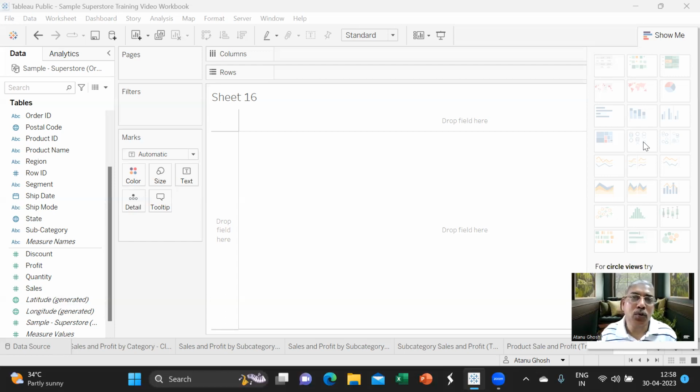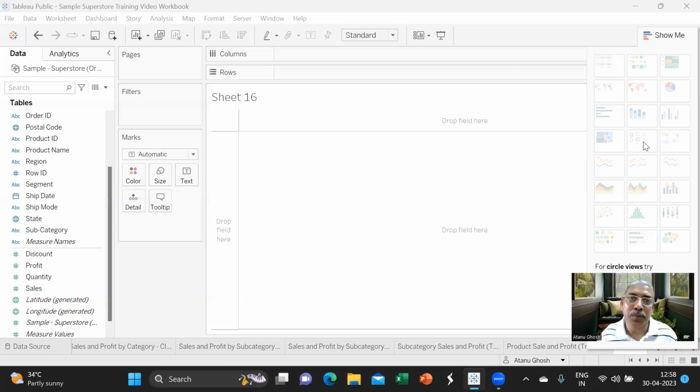Alternatively, if we want to accommodate two dimensions, then we have to sacrifice one of the measures, let's say color, profit, and use the color which was indicating profit to indicate one of the new dimensions that has come up. So we saw how we can create a stacked bar chart using